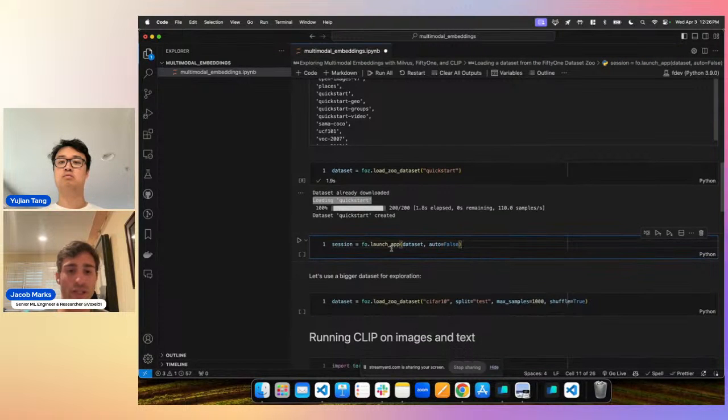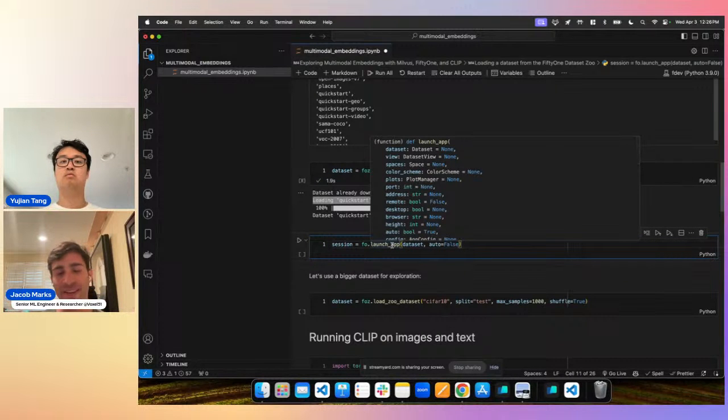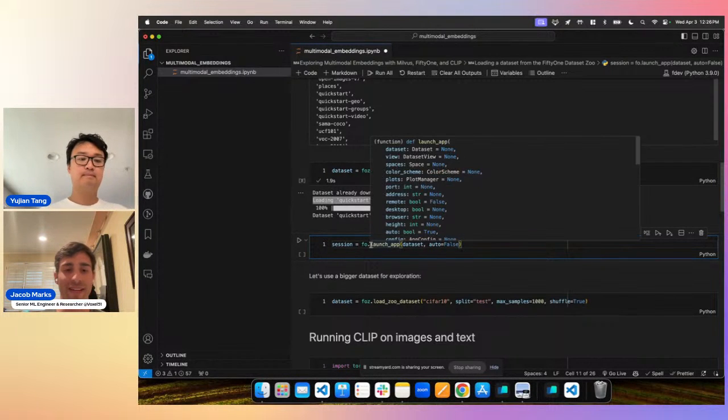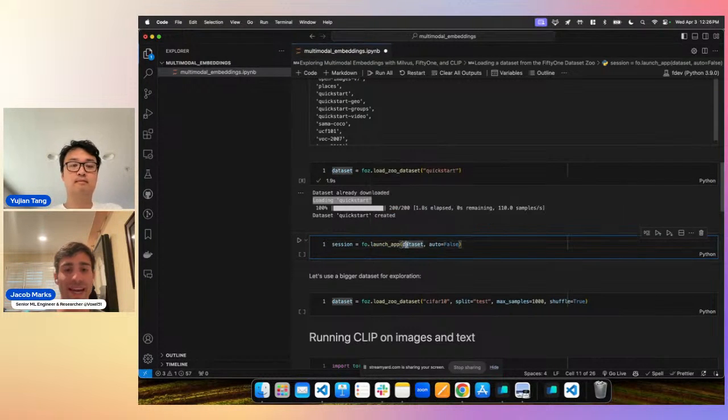Here we're going to create a session object by launching the FiftyOne app, which is basically the visualizer that connects your data, like the data model, to the front end part. It allows you to control, make changes to, visualize and understand your data via the UI. You do that by passing in launch app, the dataset.